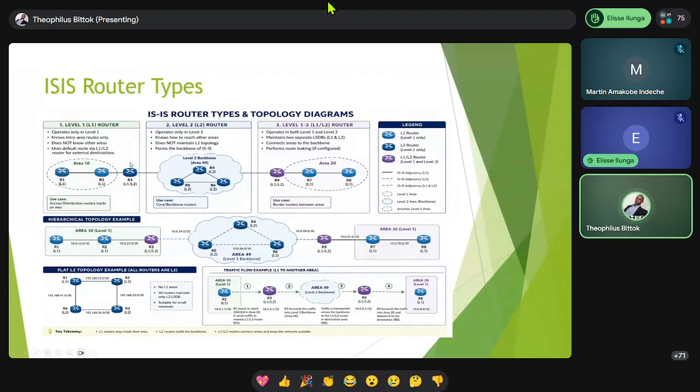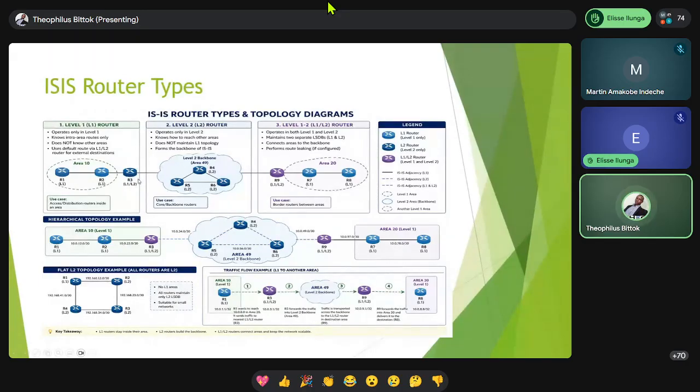So you may start sending that overload bit. But in most scenarios, I've always seen that most of the providers set the overload bit on startup. Let's say, for example, if the router is going to start up, just send the overload bit first. So it's going to send a notification to all the other routers telling them, do not use me as a transit.